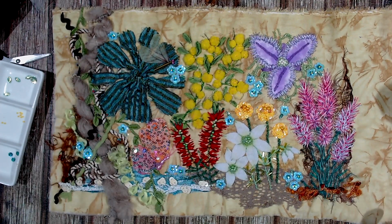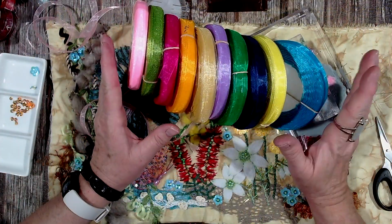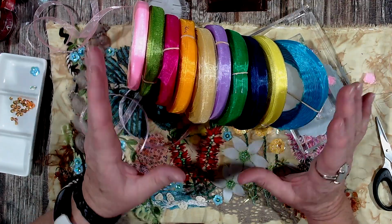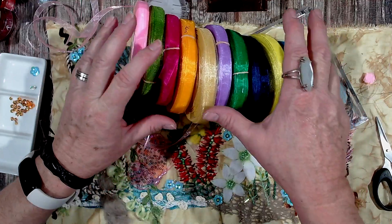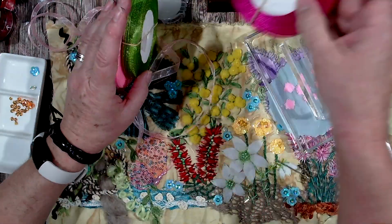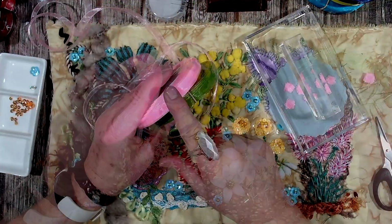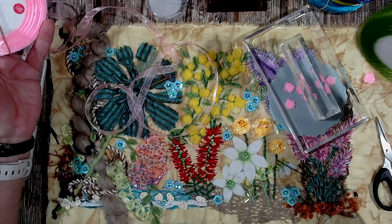Alright, let's get on to the organza ribbon. Now we're going to be working with some of these organza ribbons. Aren't they gorgeous? They're an absolutely beautiful range of colours. I have chosen to work with this light pink and green for this project. The pink's going to be the flowers, the green is going to be the leaves, obviously, and